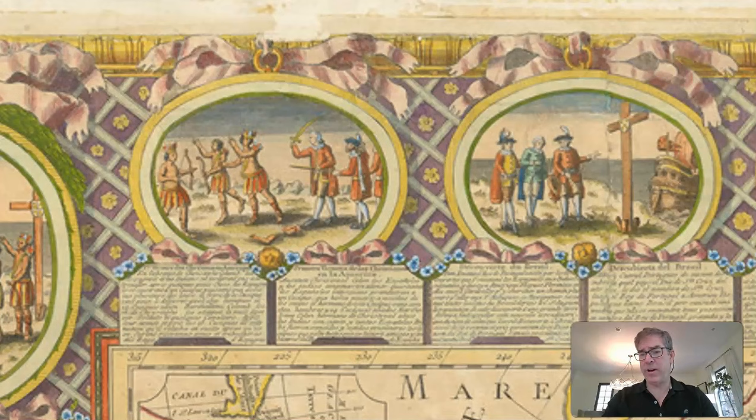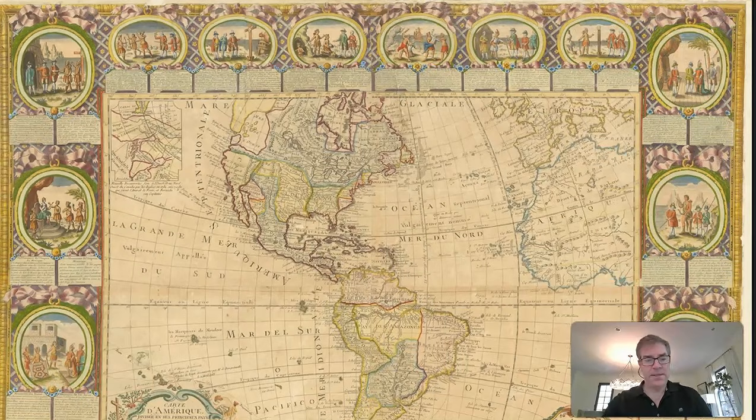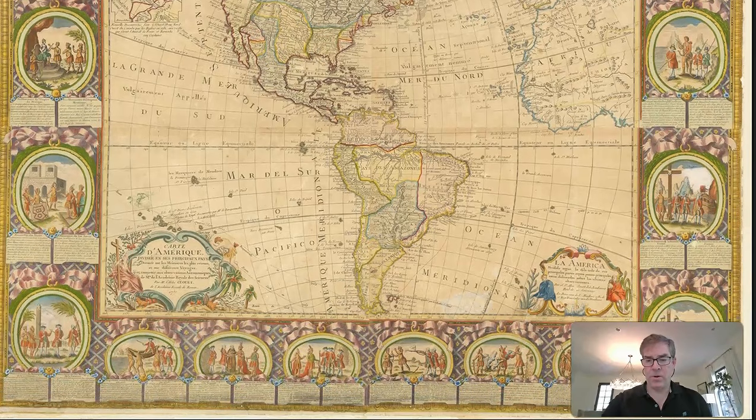what looks like these aristocrats or those who were discovering new lands, what they saw. And they saw Native Americans, what we would know as Native Americans, with crosses here and at the border of this land that they came upon. So I find that very interesting. And you can see several of these pictures going all around this map. Another one over there in the right-hand side showing a cross.